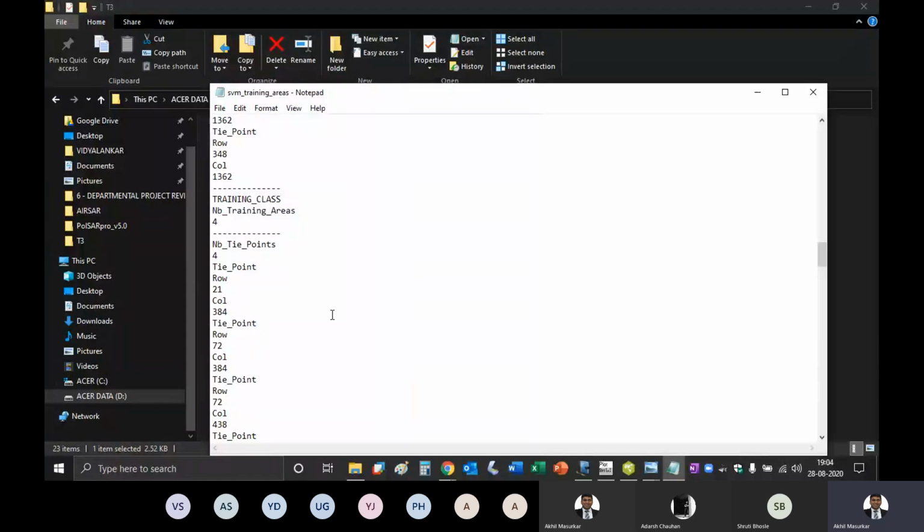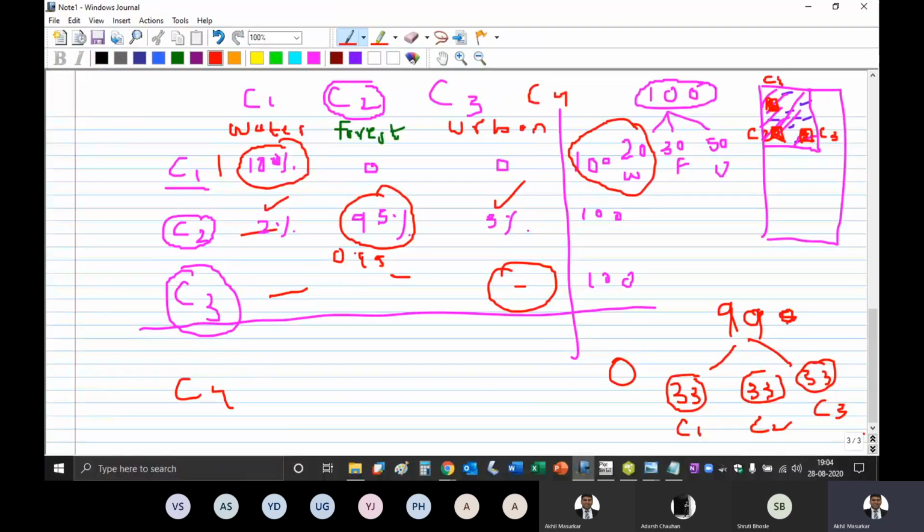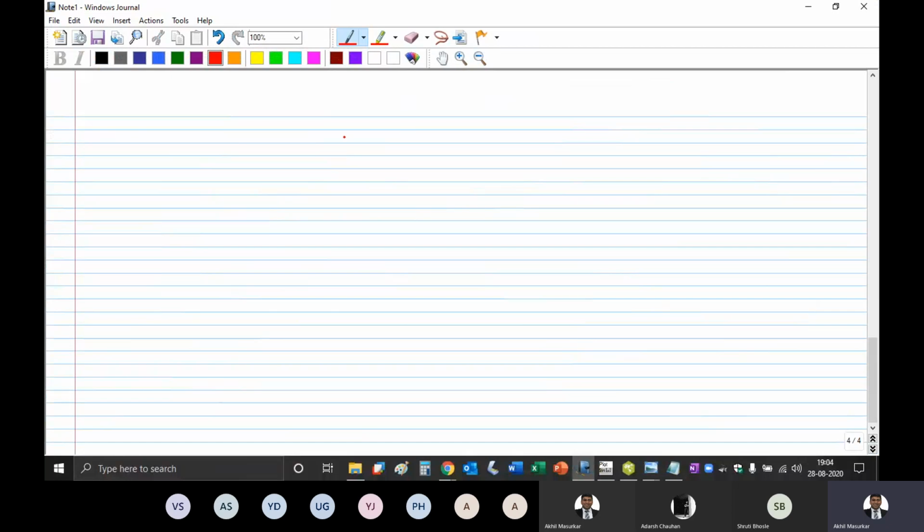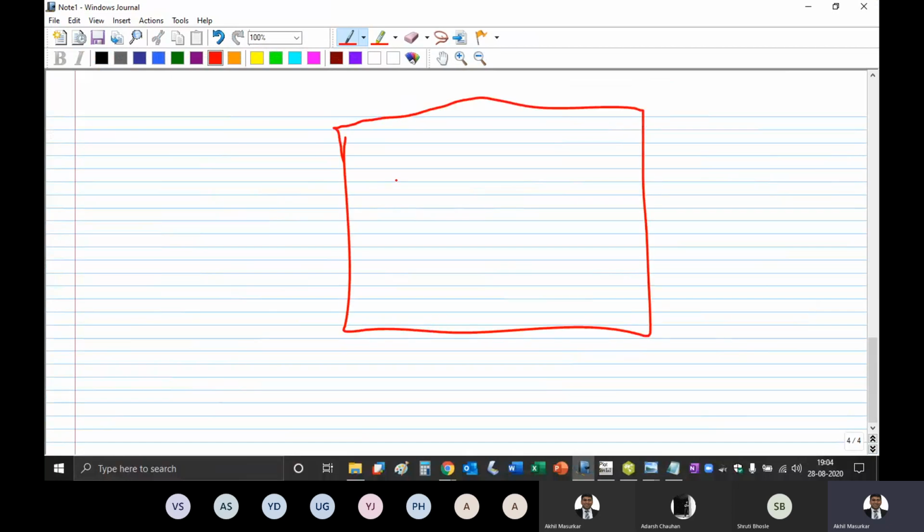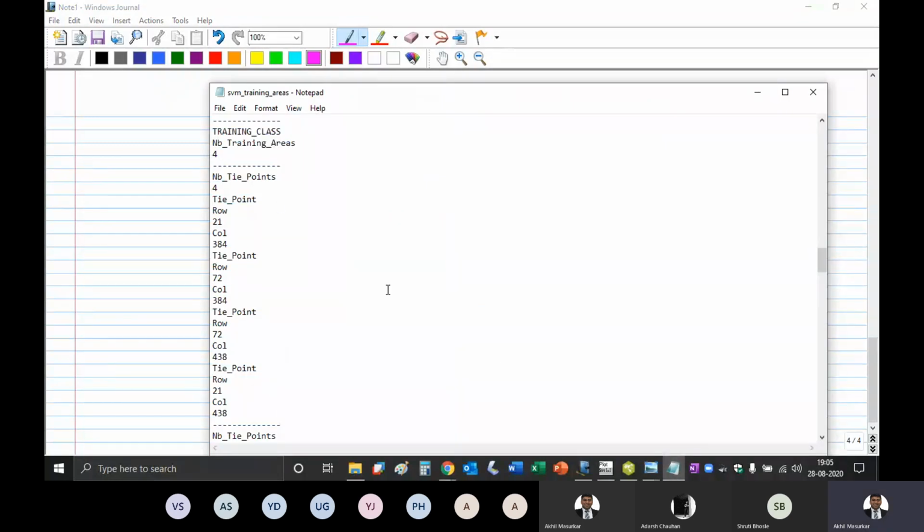Can you see, for every area, there are 4 tie points. 4 tie points means what? If this is the image and you are saying that this area is a water body, that means each area has got a corner: 1, 2, 3, 4. Since we are selecting a square here, there are 4 tie points.